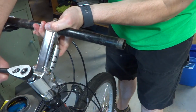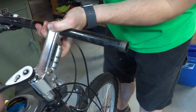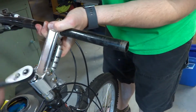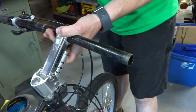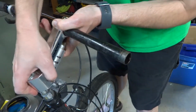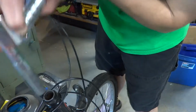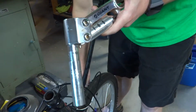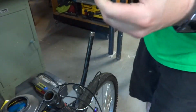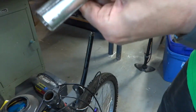So we can break it loose, which it does. Don't force it or anything, but apply steady, even pressure. Oh, good, it came right loose. So we should be able to slide that right out. Perfect. And it looks like they actually had to use a shim when they installed it. So as you can see, it's got this